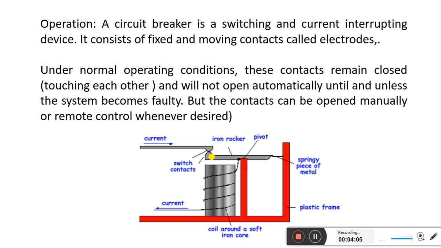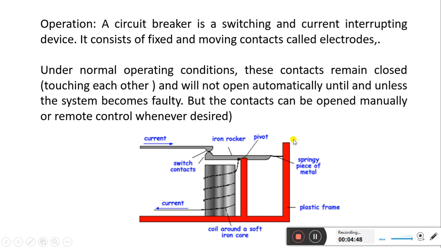So what will happen is that once this relay gets supply, or we feed current to this relay, the relay gets energized and becomes magnetized. A magnetic field will try to open this moving contact, or this moving contact will be pulled down. As soon as the moving contact is pulled down, these contacts which were touching each other get opened and the circuit is interrupted. So basically this is the internal part of the circuit breaker.